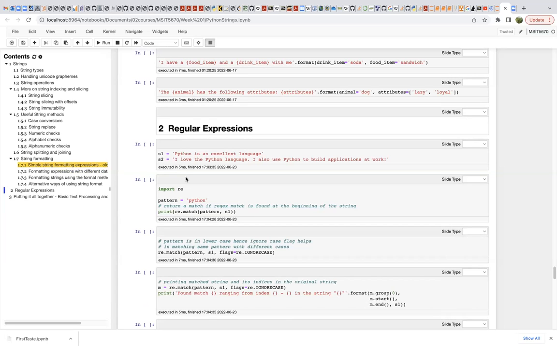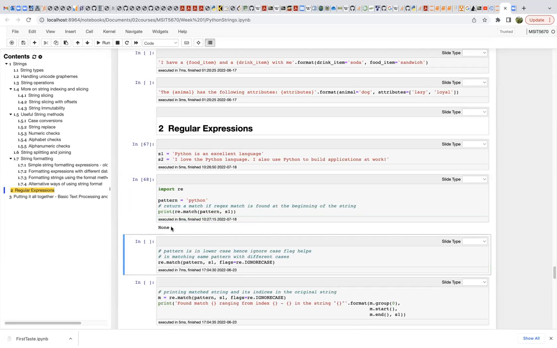So a regular expression is some kind of pattern that represents a whole bunch of strings, right? To do so, for instance, let's first define two strings, S1 and S2, and then we use a library called re. So that is regular expression. Then we look at the pattern, which is Python. Okay, and then we will print whether S1 contains Python, because this Python is now really my regular expression. None of them match, because the sentence doesn't have Python